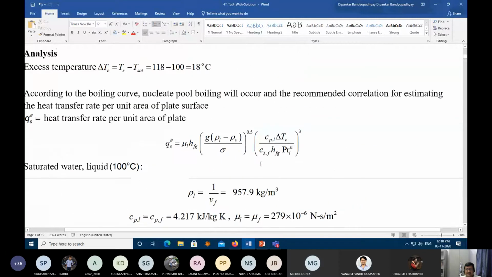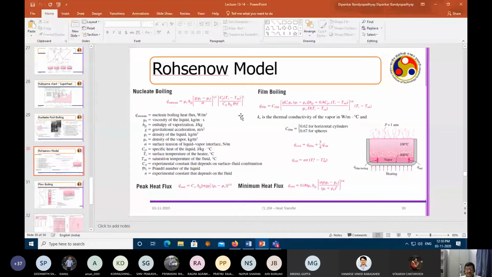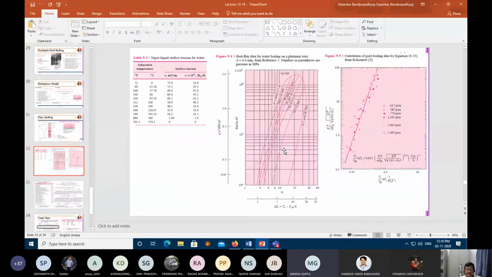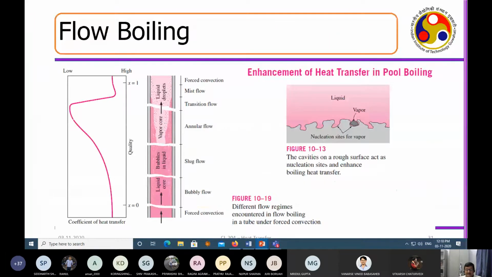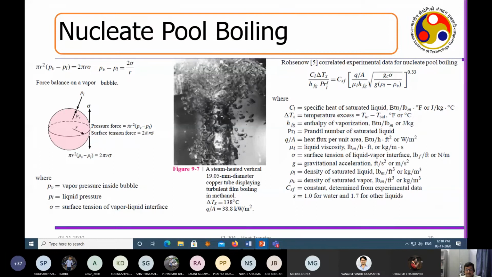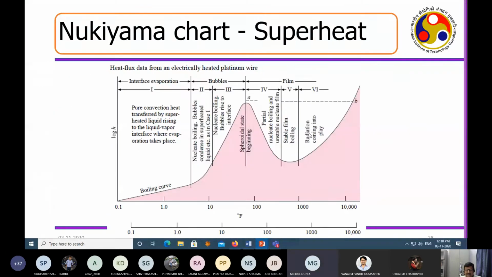Okay. How do I get this CSF? What did we study? How do we get this CSF? How is this constant taken? You know, we studied this, right? How do we get it? This CSF, how do you get it? There is a list, right?